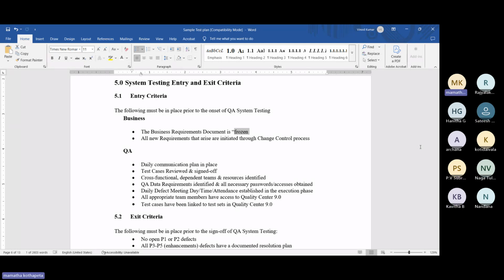Now, what is the first entry criteria? First criteria, the business document should be frozen requirement. Now, second one, all the requirements that arise are initiated through the change control process. This is very, very broad terminology. In a quick note, what we say is,